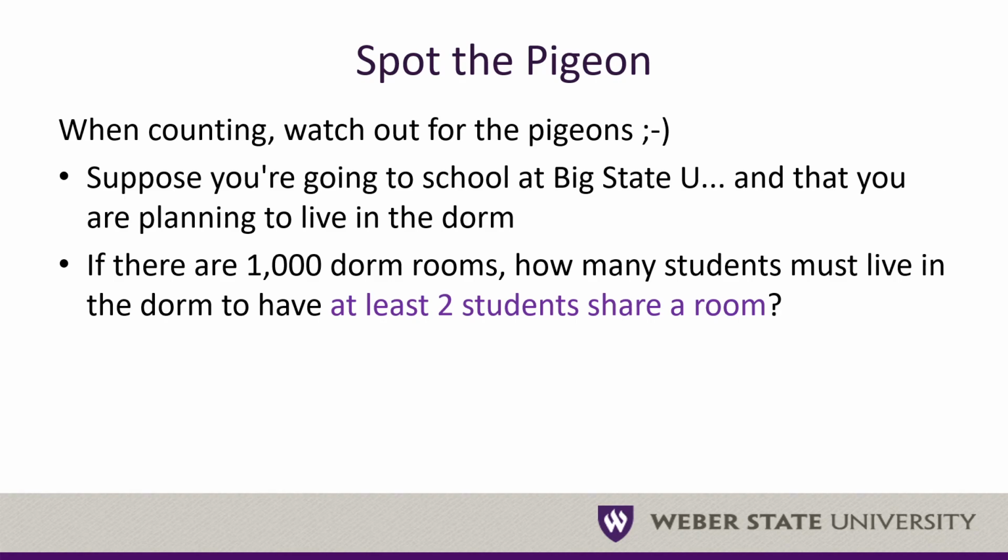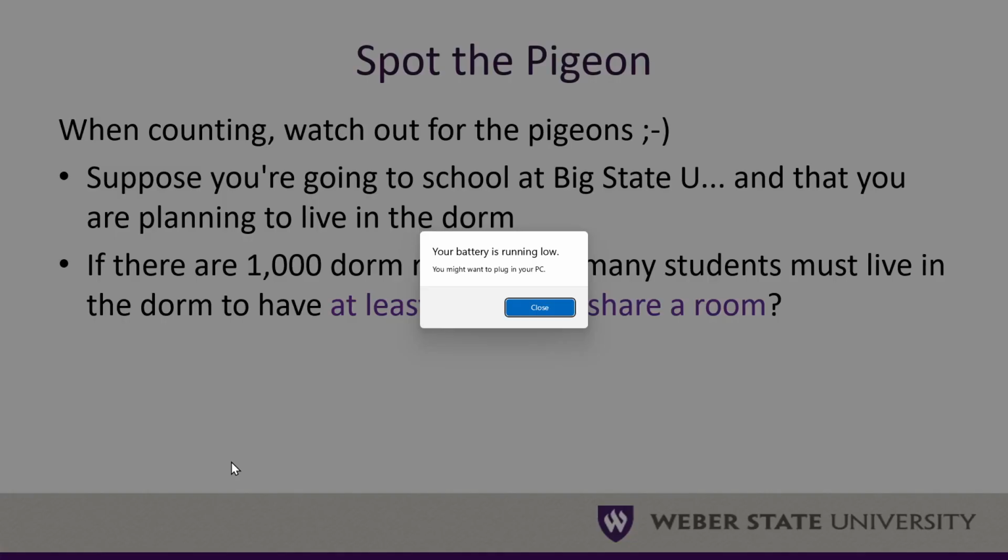This is another counting rule. If I have 1,000 rooms, how can I make sure that at least one room has more than 1 student? How many students would I have to have? What if I had 5? Is there any way to guarantee that at least one room